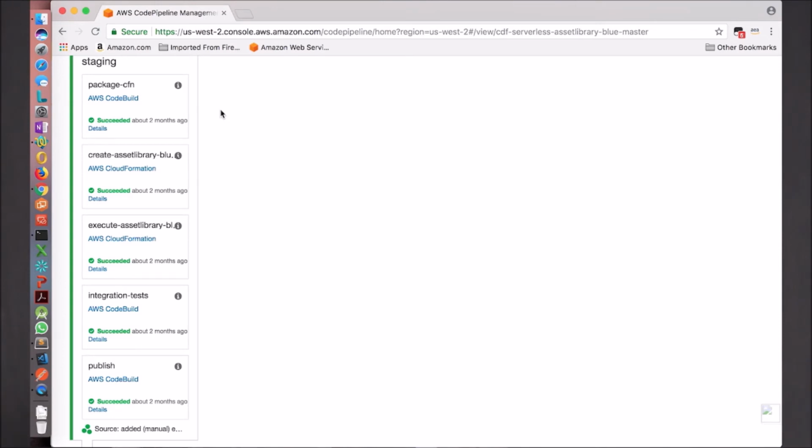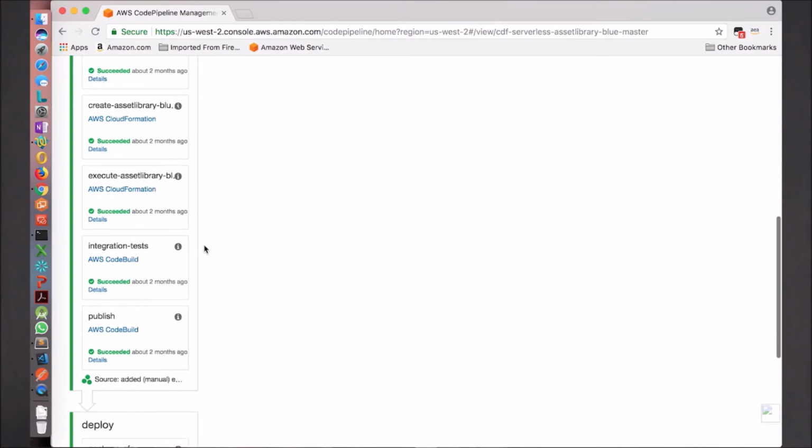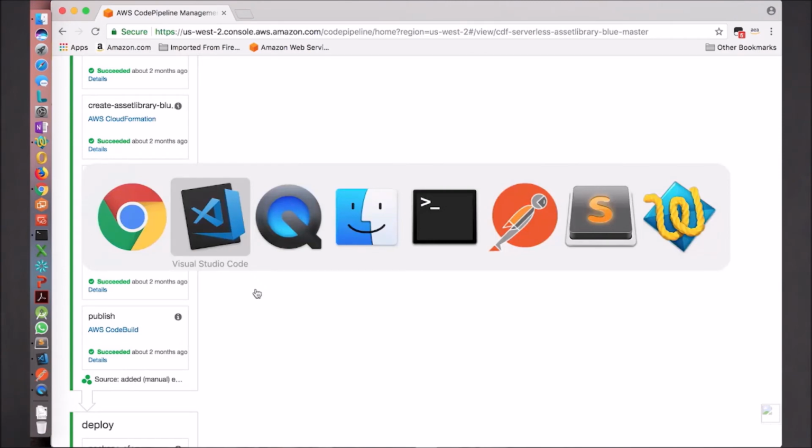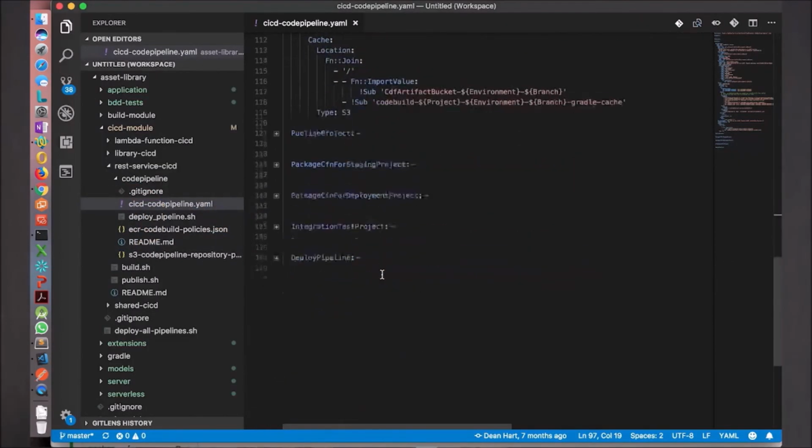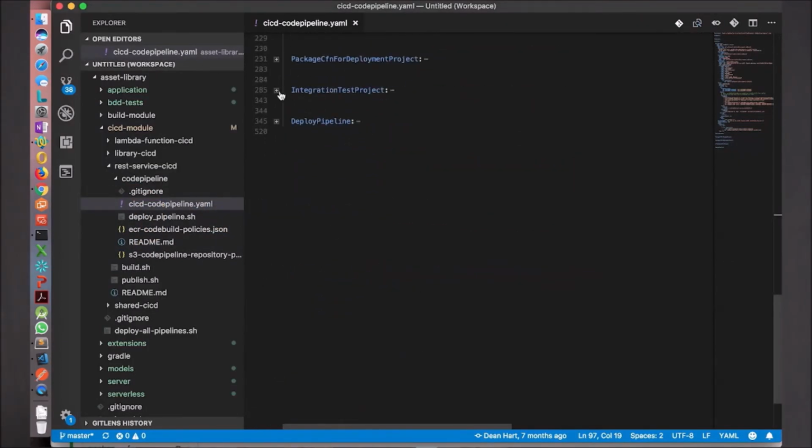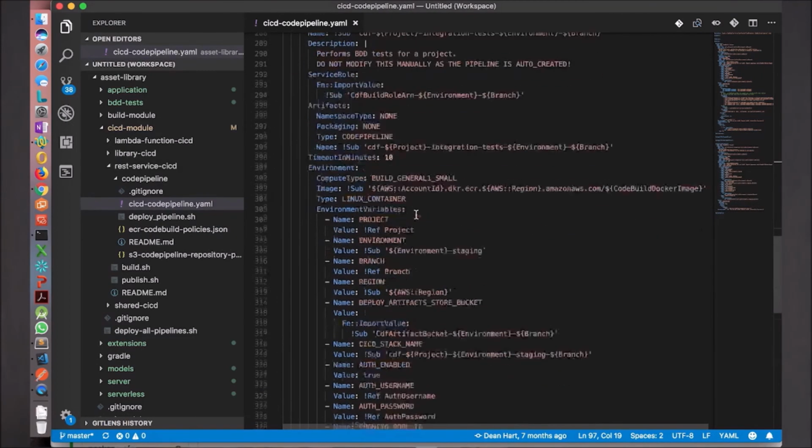So this script is basically doing that. Then we create the change set in CloudFormation and then deploy the change set in CloudFormation. Once it completes, we run the integration test. So as I go back to the integration project, you see that we have an integration test project where we